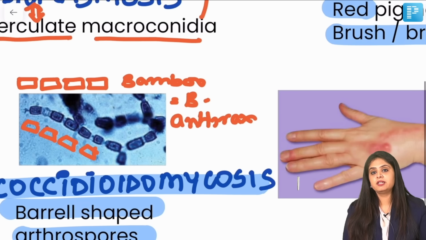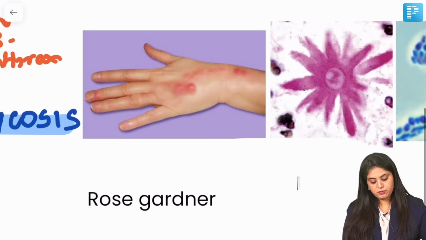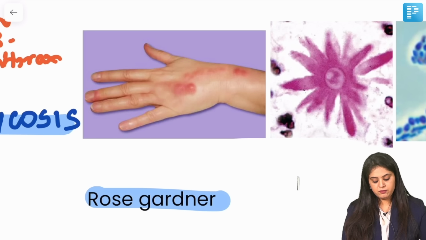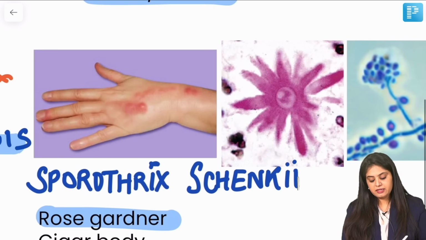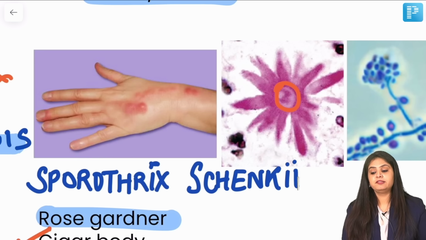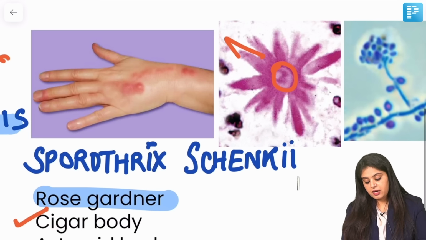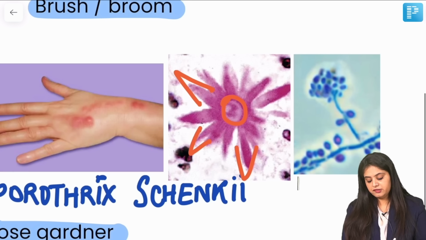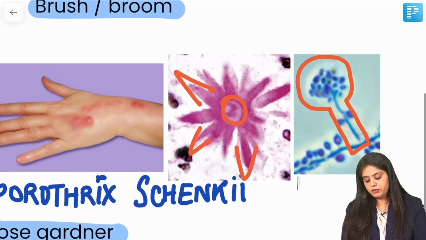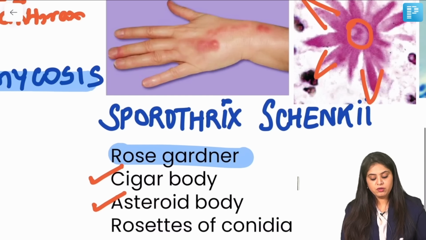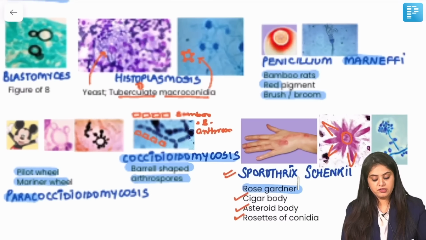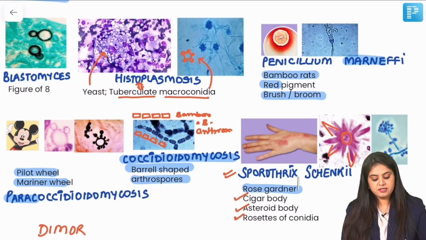Coming to the last one, the classical rose gardener. If you have someone who's picking up a rose, thorn prick happens, and along with that they give you a picture over here on the side that there is a round body which is called a cigar body, and then there is a star shaped body around it which is called an asteroid body, and it was happening because of picking a rose, and it looks exactly like a rose. Rosettes of conidia are going to be seen. All of these go classically in favor of Sporothrix schenckii,